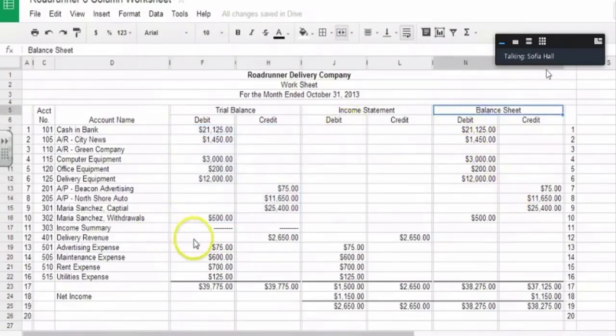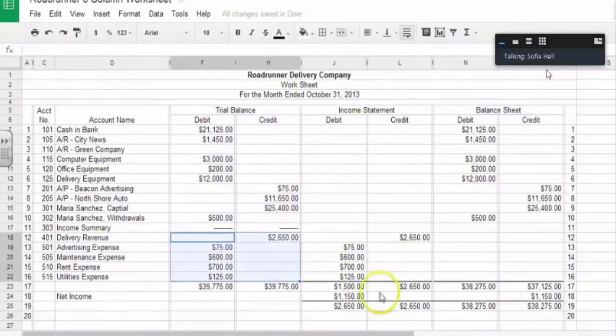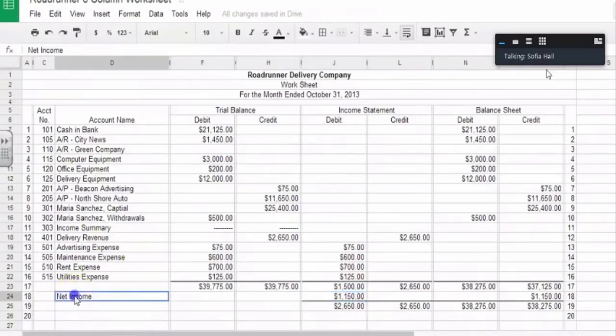And what we did was we took our 400 and 500 numbered accounts, which are our revenue and our expenses, and we moved those over to our income statement, okay? And when you think of income, you've got to think of revenue minus expenses. And all we did was transfer these over to the income statement section, okay? So when you think of income statement, I want you to think of temporary accounts for our revenue and our expenses, okay? In order to get our net income, we simply took our revenue and subtracted our expense accounts. Okay? Since we have more revenue than we do expenses, we have a net income.